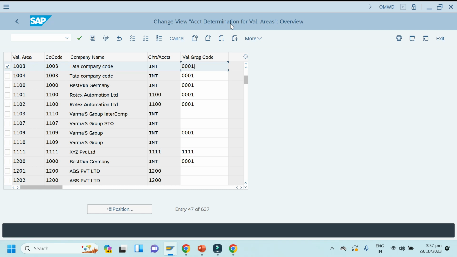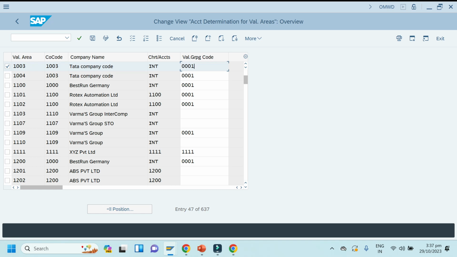So group together valuation area, here we will set up the valuation area with a combination of company code, chart of account and valuation grouping code. So here 4 points are there: valuation area, company code, chart of account and valuation grouping code.